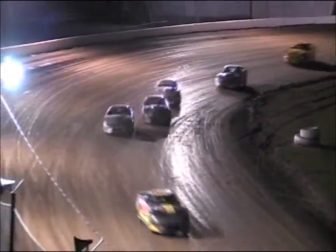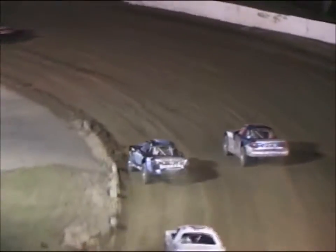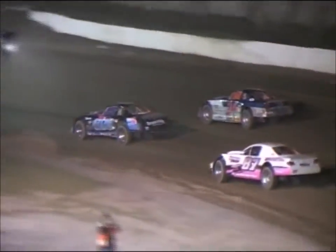Horning on the inside, Bradt runs the middle groove. They come through 3 and 4, down the front straightaway they go. And now they're side by side, heading down to turn number 1 to complete lap number 1. Cousin Luke's on the low side. He's got a run. Expect him to take over the spots out of turn number 2 down the